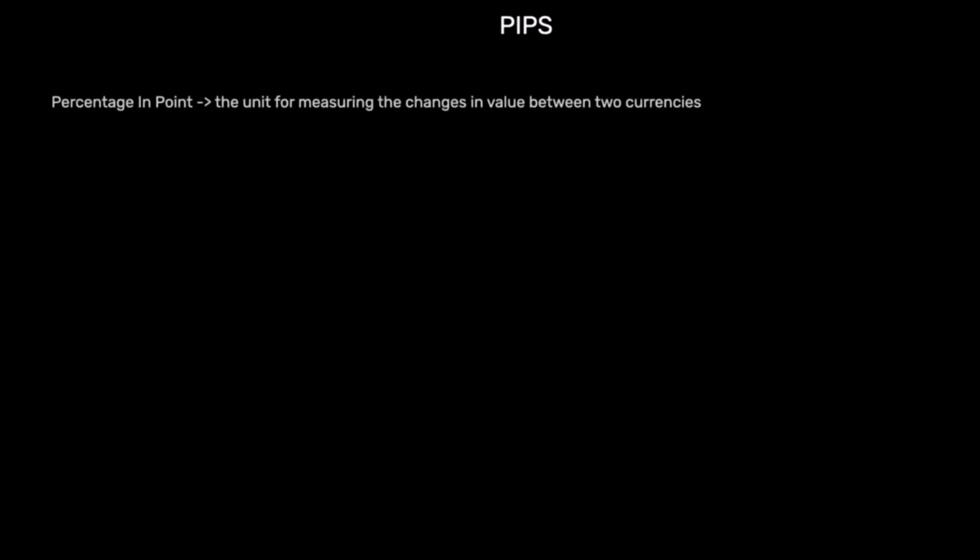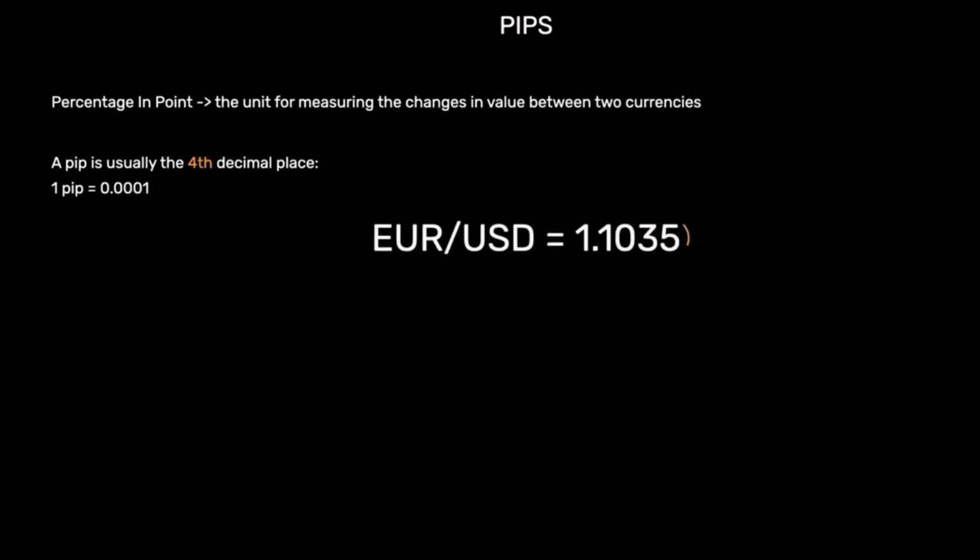Pips. Okay, so pips stand for percentage in point, and they are the unit for measuring the change in value between the two currencies. So essentially, pips are what we refer to in terms of the amount that the price changes. So when reading a price quote, a pip is usually the fourth and last decimal place. So 1 pip equals